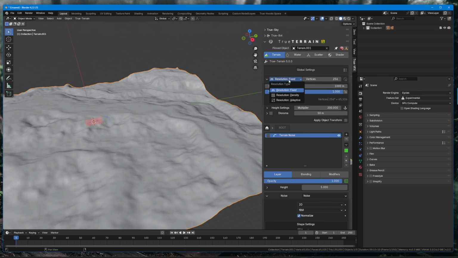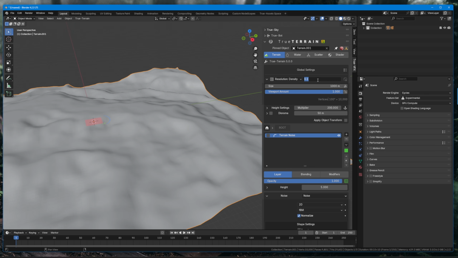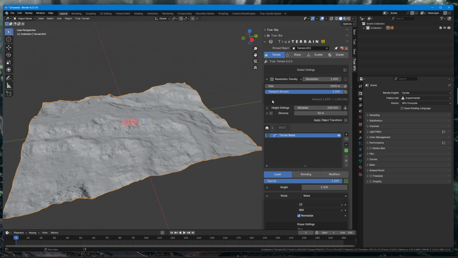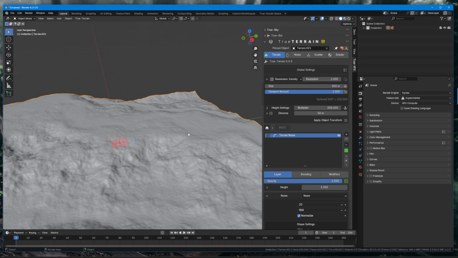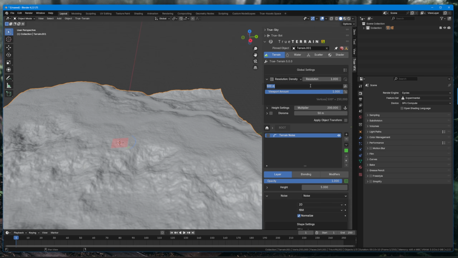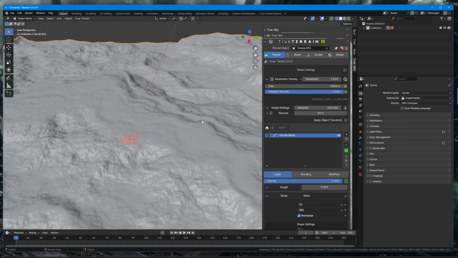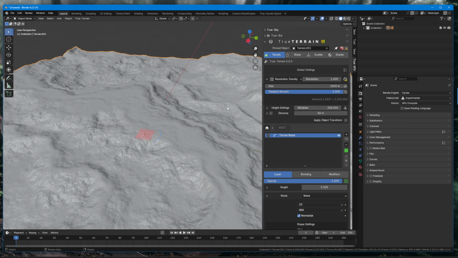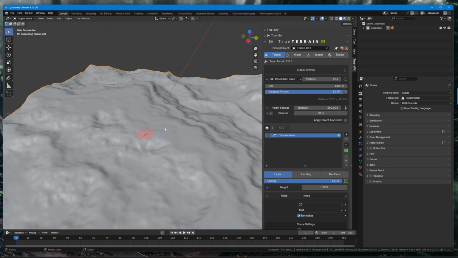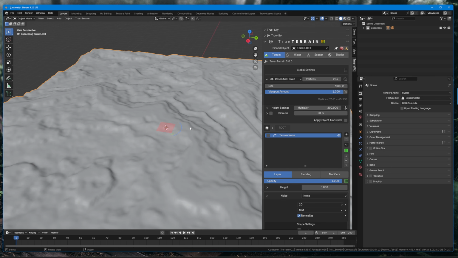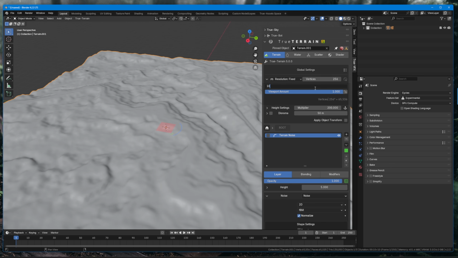In fixed resolution, that is, in density, when we set this to like 1 or something, if we scale a terrain up or down, the density stays the same, so the resolution is visually as detailed. If we move this up, you can see that if we go to 1500 meters in size, the terrain is staying nice and detailed. If we go to fixed and go back down to 1000, you can see that this is the sort of resolution. If we go up to 3000, you can see it becomes noticeably less detailed, and that is how the